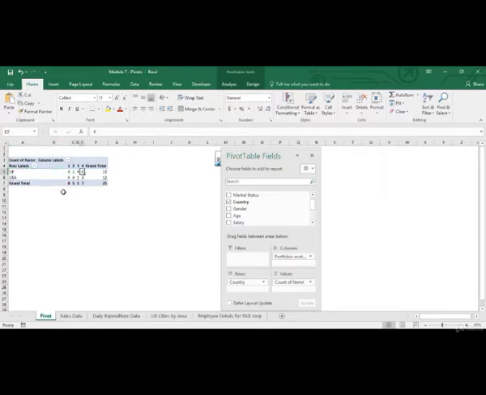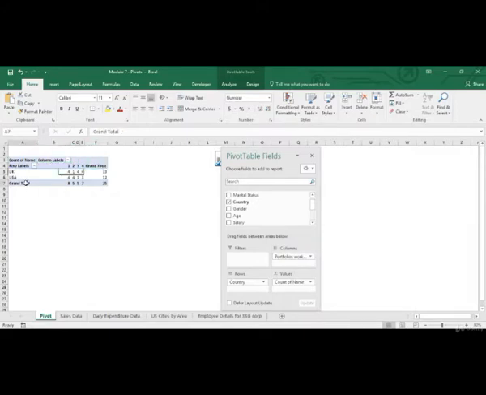Similarly, you can see that there are 13 employees who are residing in UK and 12 who are residing in USA. Now let's look at some of these different terms, row labels, grand total or column labels which we've come across. So row labels basically represent the variable which has been put in row. Column labels are similar to row labels, just based on the variable which has been put in the column field in the pivot table.